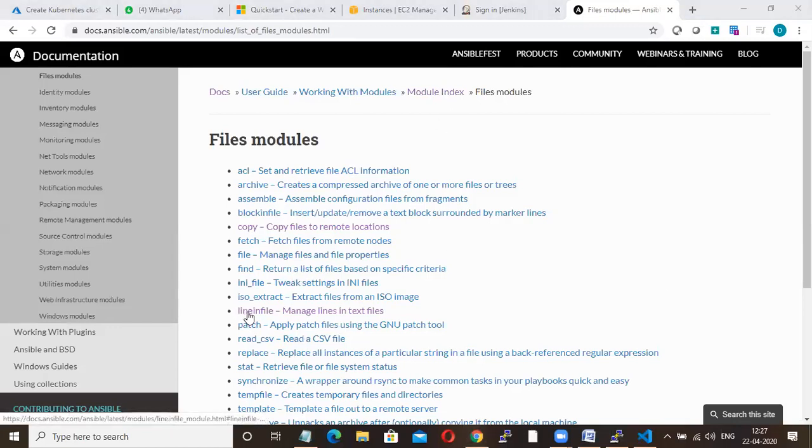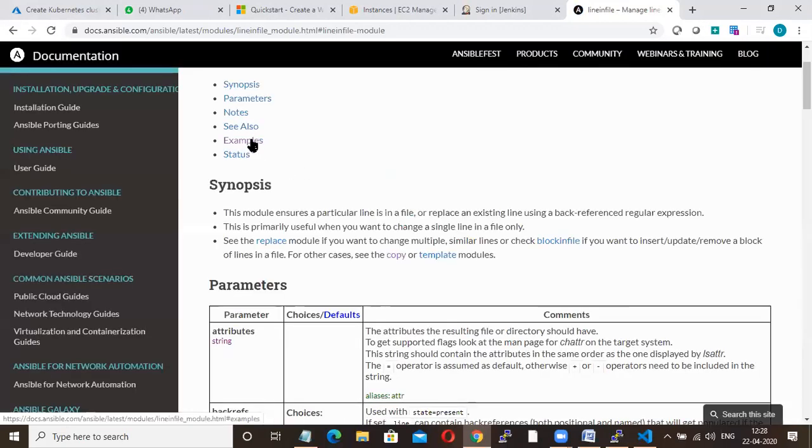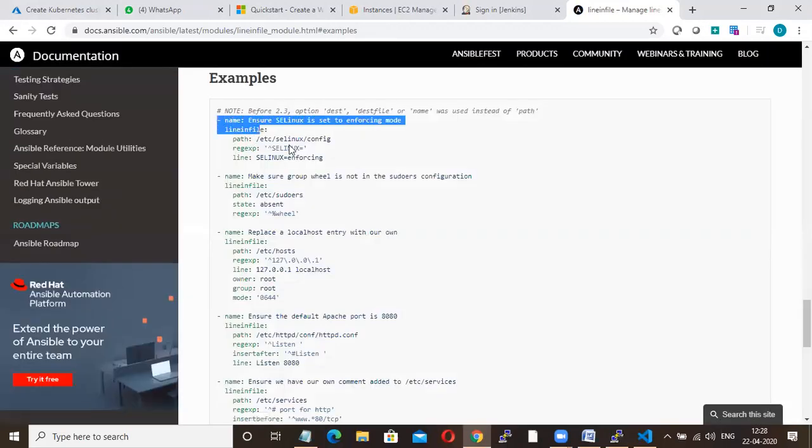So here you have lineinfile, manage lines. If you go through this, it will take 5 to 10 minutes. By reading the description itself, you can easily identify what I need to do. Here, lineinfile, manage lines in text file. Go here, go to examples and just copy paste this.